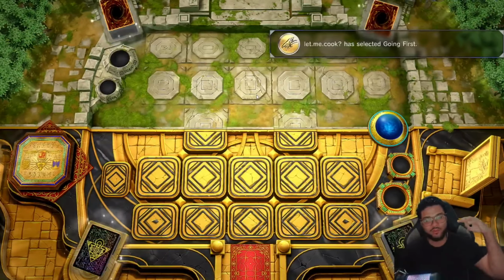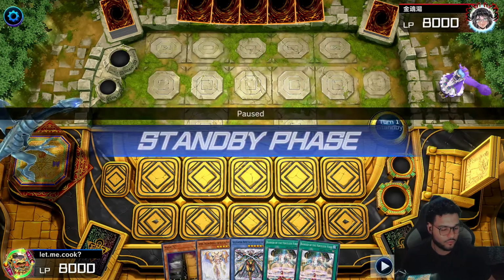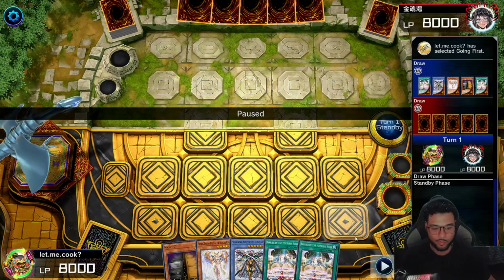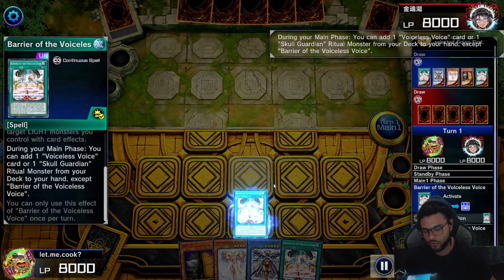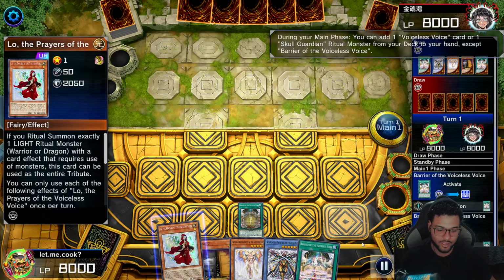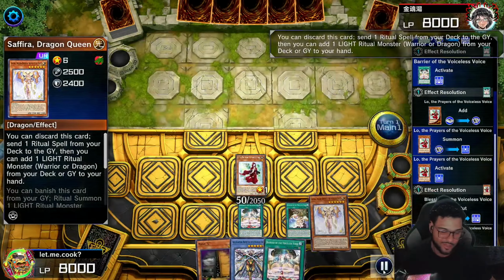Right, familia, here we are for replay numero uno, number one of the day, and I decided to start off with this one to show you one of the crazy turn one boards that you can make with the deck. So here we're gonna start off by activating the variant of Voiceless Voice, activating its effect to search out a low here. We're gonna normal summon the low, activate the low's effect, setting down a blessing so we could activate